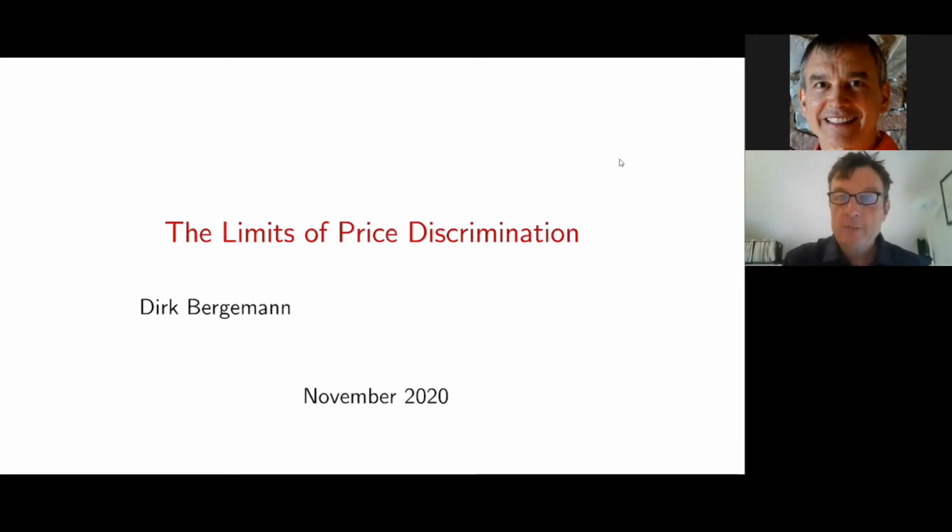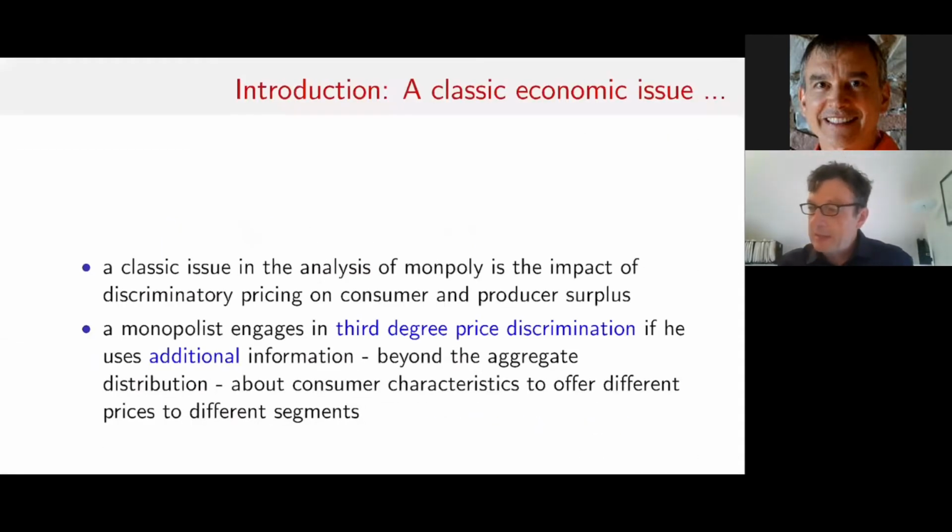All right. So having said that, the paper today, or the talk and the lecture today, is actually based on a paper that has the title "The Limits of Price Discrimination," and that came out in the American Economic Review 5 years ago, pretty much exactly, 2015, and since then has led to a lot of interesting follow-up work. So I hope you'll find the material interesting. But since it's a classic economic issue, it's one that is going to help us understand and also rephrase a little bit what we saw in the lectures on Friday.